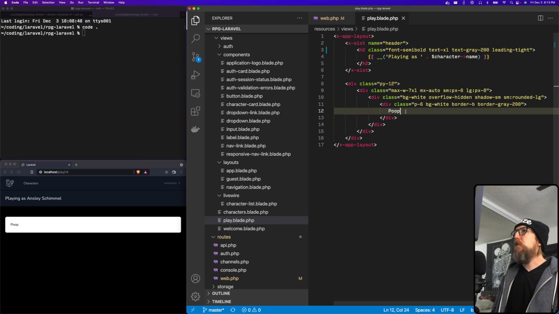All right, so right now it just says poop, but we're actually going to want to replace this with something. I assume we're probably going to want to have multiple components going on. So maybe for the first one,